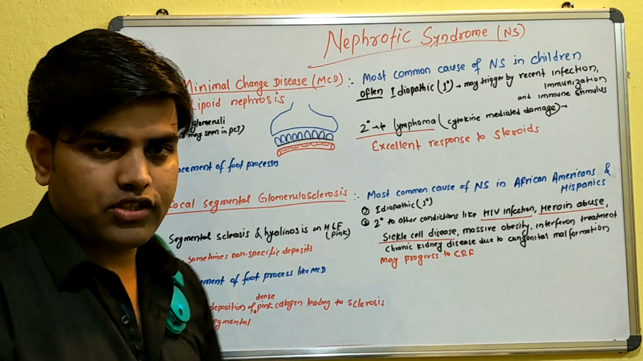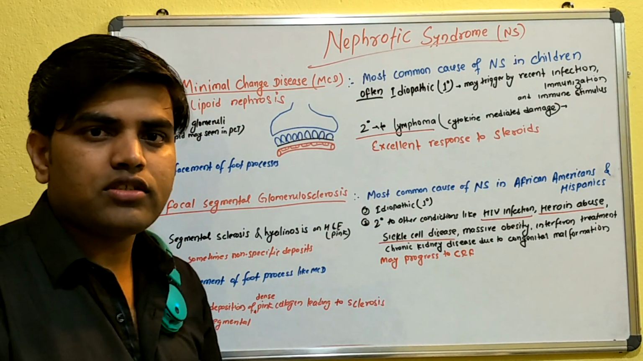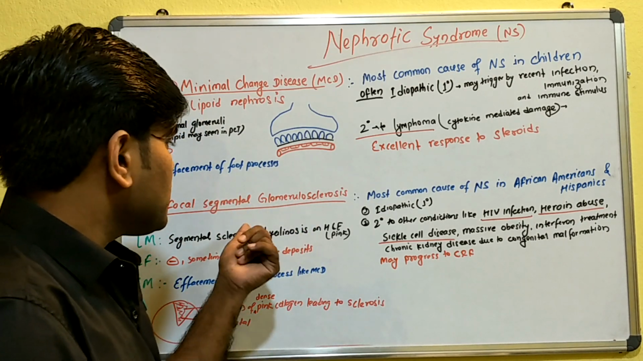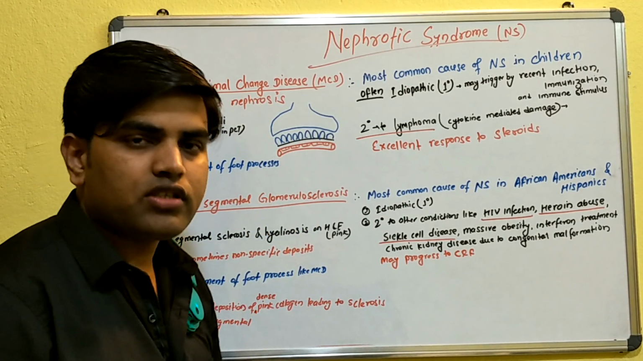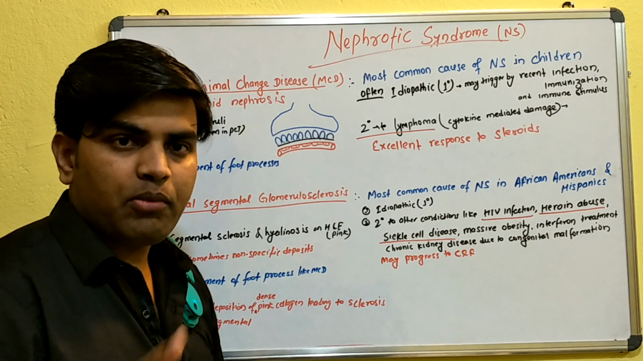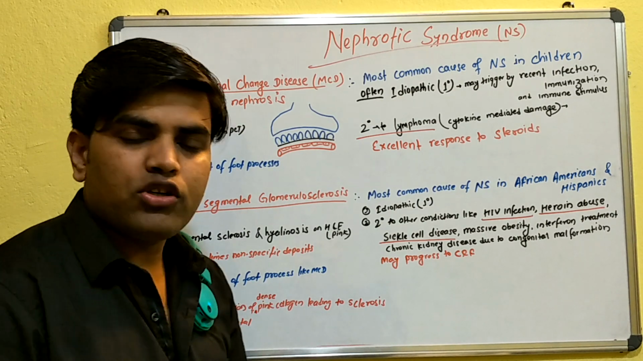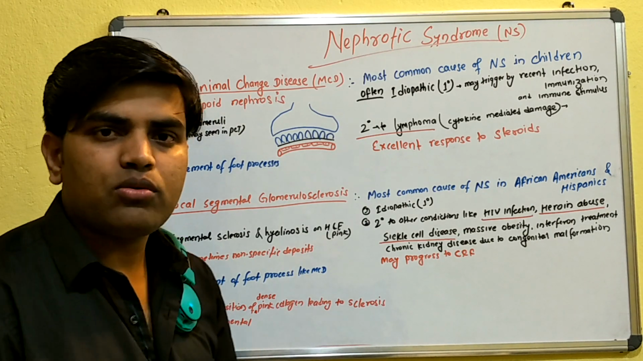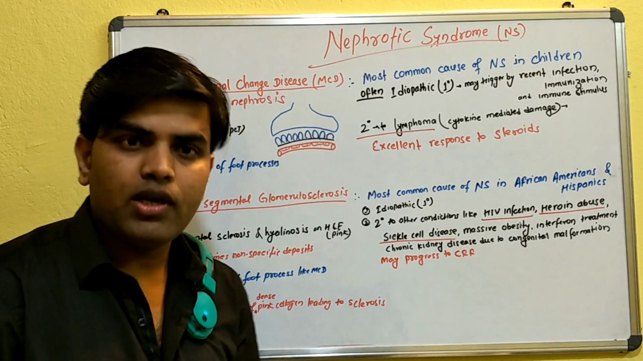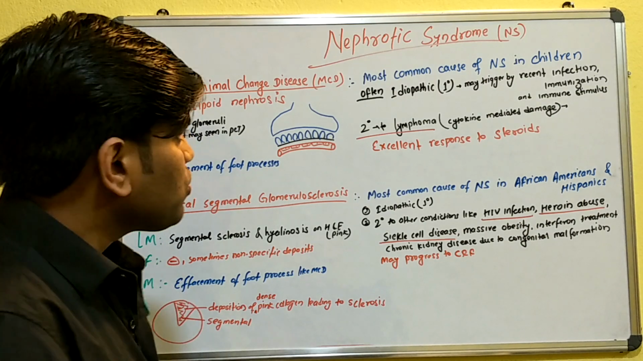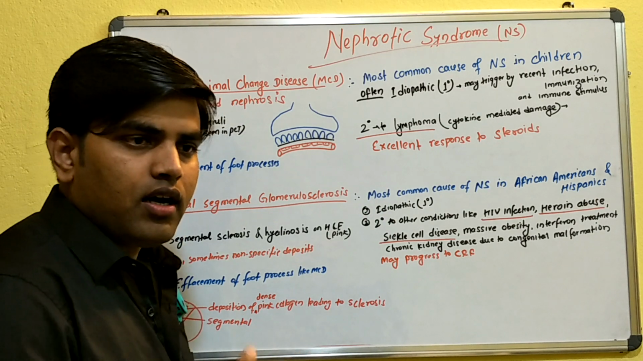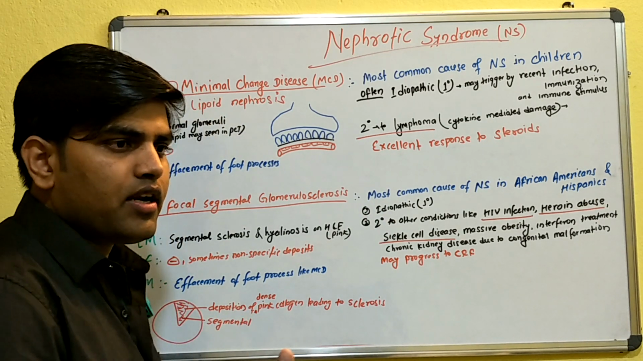led to nephrotic syndrome. Among the causes, if we remember, I have talked to you about minimal change disease, then focal segmental glomerulosclerosis, then membranous nephropathy, then amyloidosis, diabetic nephropathy, and two other causes: membranoproliferative glomerulonephritis and diffuse proliferative glomerulonephritis. So now let's discuss one by one, and we will be able to understand it and